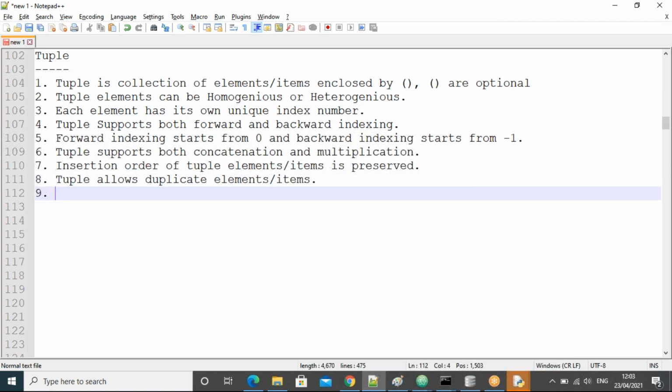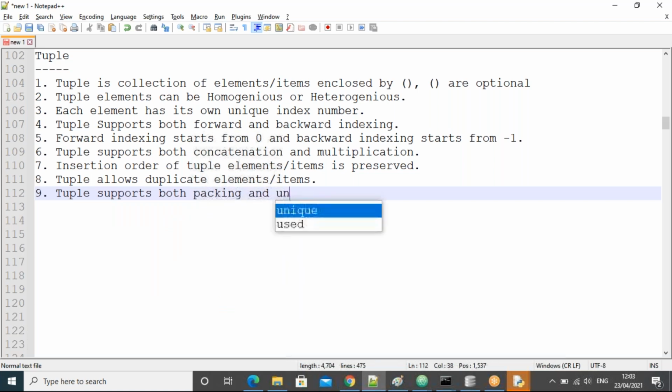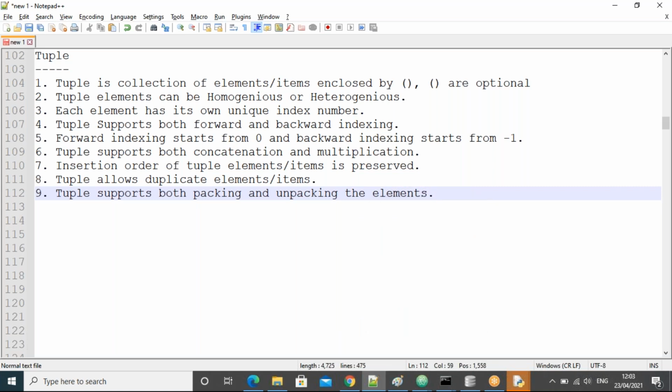And the next one, guys: a tuple supports both packing and unpacking the elements. Do you remember this one?